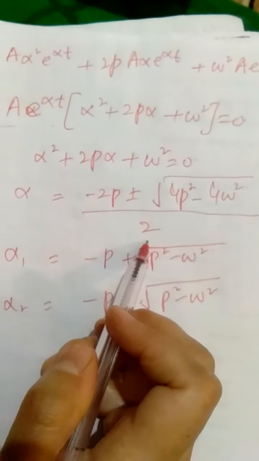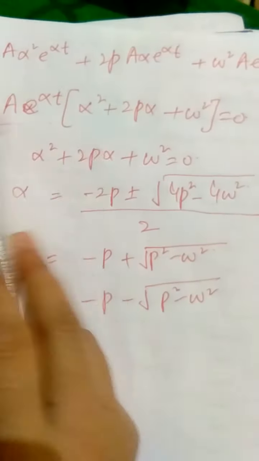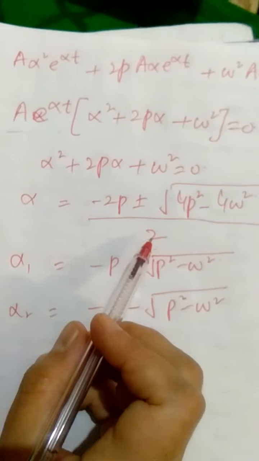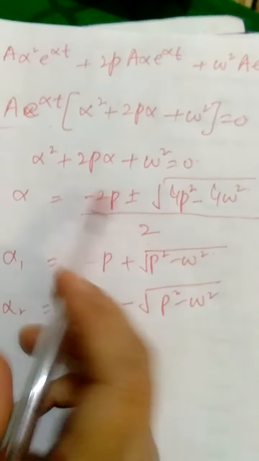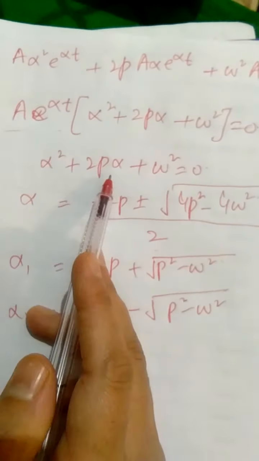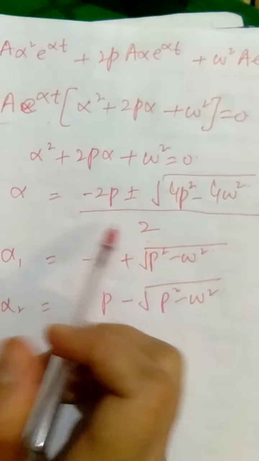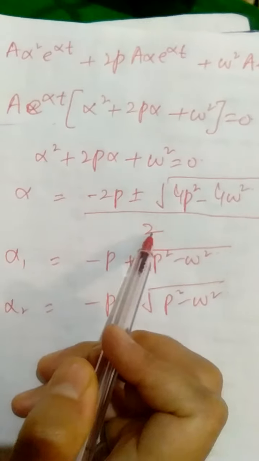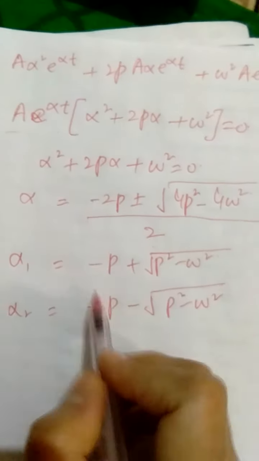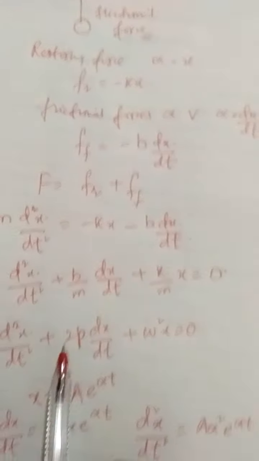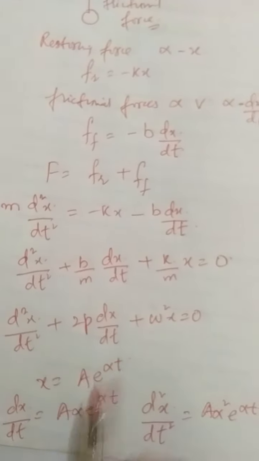So this should also give you an idea why we introduced a factor of 2p there, because we are able to cancel it out here. And it doesn't make much difference because if p is a constant, 2p is again a constant, right? This helps us to cancel out this 2 with the denominator, and we are left with a much simpler expression. That is the reason that we have introduced a factor of 2p here and not simply p.